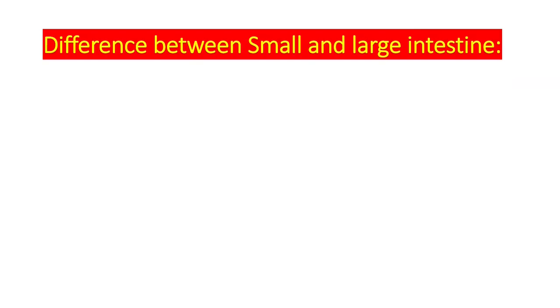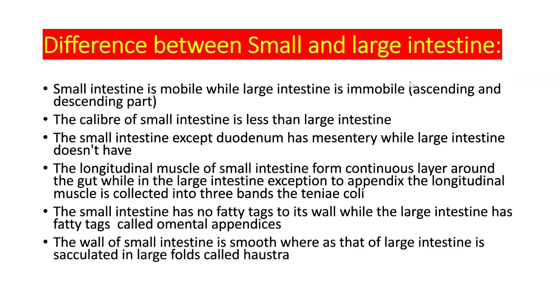So guys, here we will discuss the differences between the small and the large intestine. The small intestine is mobile while the large intestine is immobile. The caliber of the small intestine is less than the large intestine. The small intestine, except the duodenum, has a mesentery while the large intestine does not. The longitudinal muscle of the small intestine forms a continuous layer around the gut, while in the large intestine,